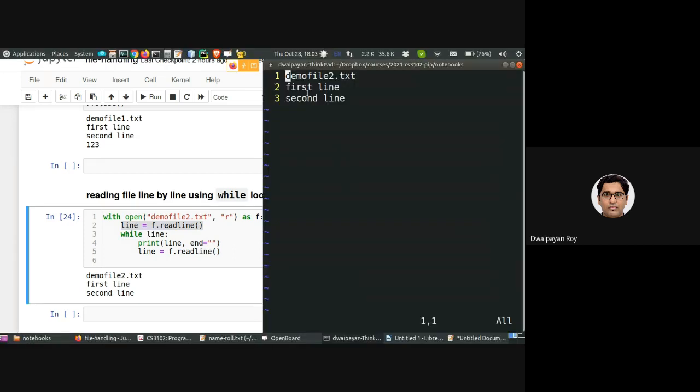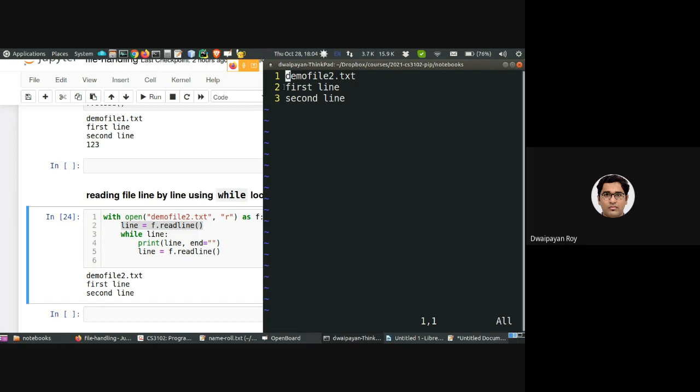Here, the first line will be containing demo file 2.txt. So while line, which contains demo file 2.txt, is true. As we know, only 0 is false, or empty is false, or None is false. So line is demo file 2.txt, so this line is being printed.